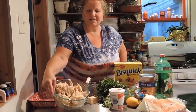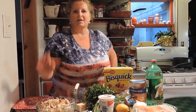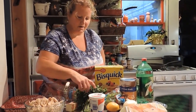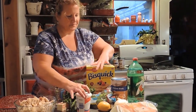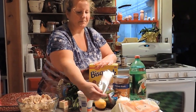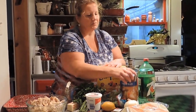Here are some of the items that you're going to need. You're going to need some chicken. I had cooked a chicken before. This was some frozen chicken. I just pulled it out. We're going to need some butter, parsley, celery, sour cream, biscuit, a lemon, some thyme, onion, carrots, some chicken broth,